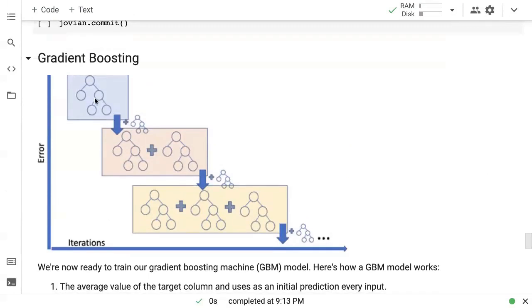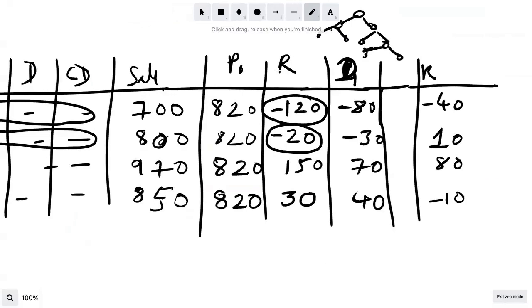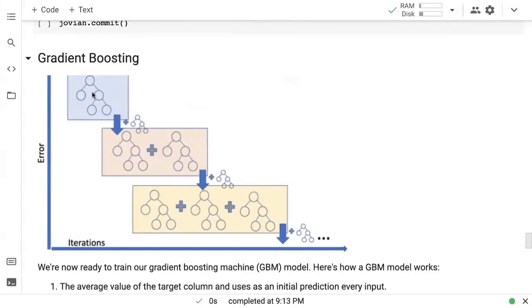First, we use the average, and that's obviously very bad. So the error is very high. Then we train a decision tree to compute the residuals, or the errors, that we incurred when we were predicting the average. So that is these errors. We trained a decision tree to do that. Once again, we don't do a perfect job, but it is better, right?